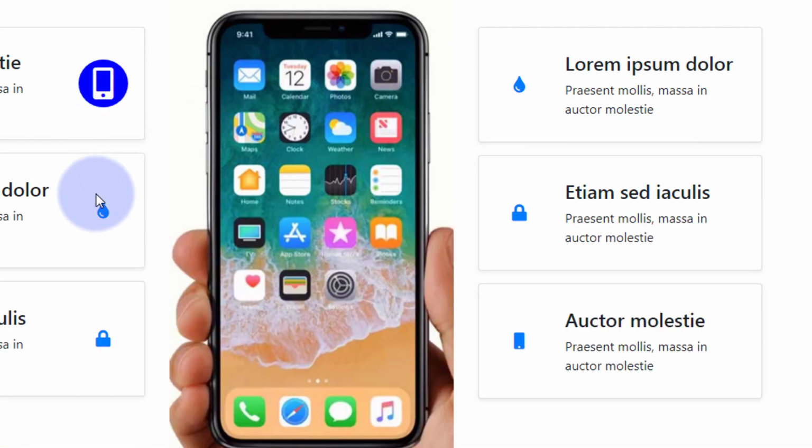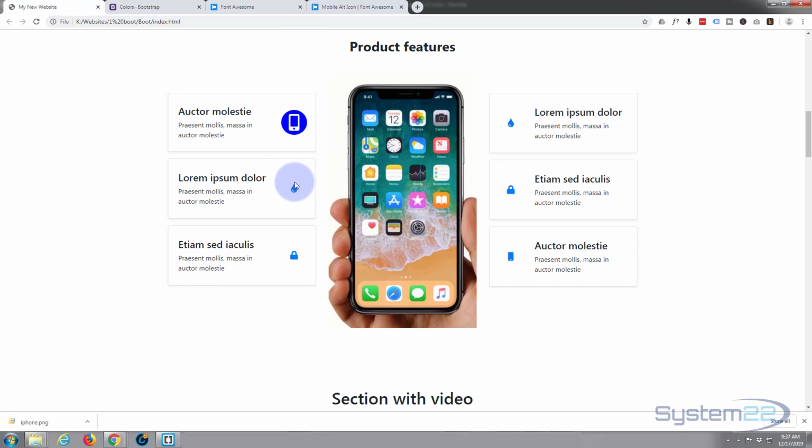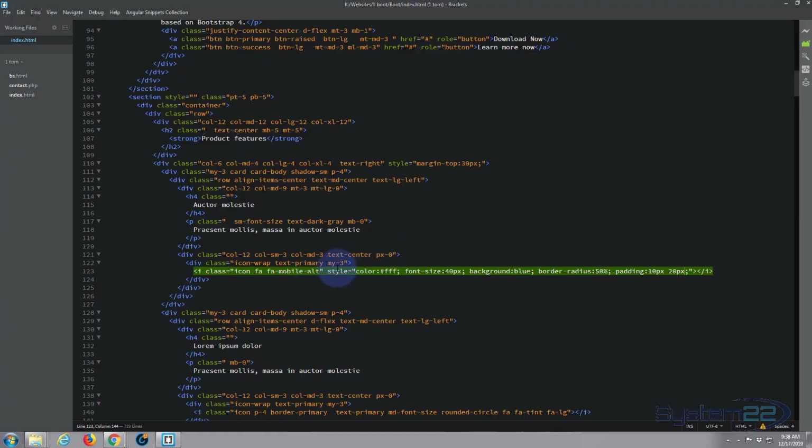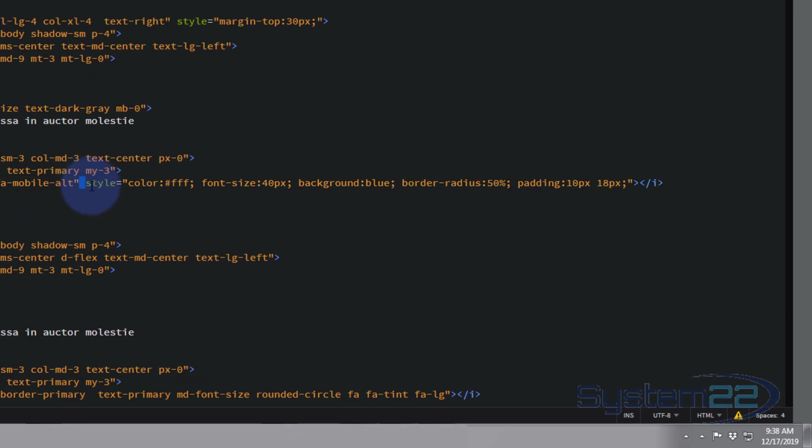Alright, well, let's keep that and let's apply it to the rest of the icons there. Remember, you can change them out by selecting your different fonts from your Font Awesome here. But I'm going to leave them just as they are because you know how to change them out now. So I'm going to go back in and I'm going to copy this style, and we'll probably have to, that was 18 there, wasn't it? We decided we might have to change a bit of that padding on the other ones. So I'm going to copy from the style all the way across to that last semicolon, or last inverted commas there,